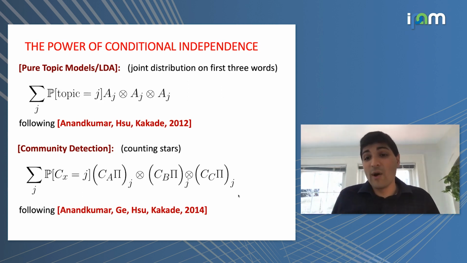These aren't the state of the art in terms of the best signal to noise ratio, but it turns out there what you do is you count different types of subgraphs. There are certain types of stars that you can enumerate, which again have the property that they have a nice conditional independence that allows you to use Jennrich's algorithm.